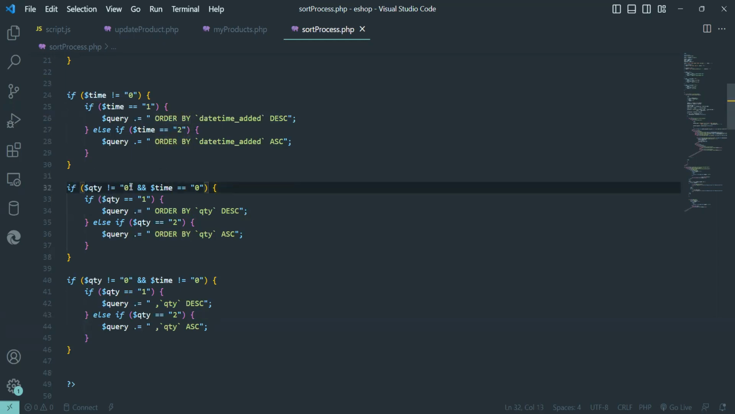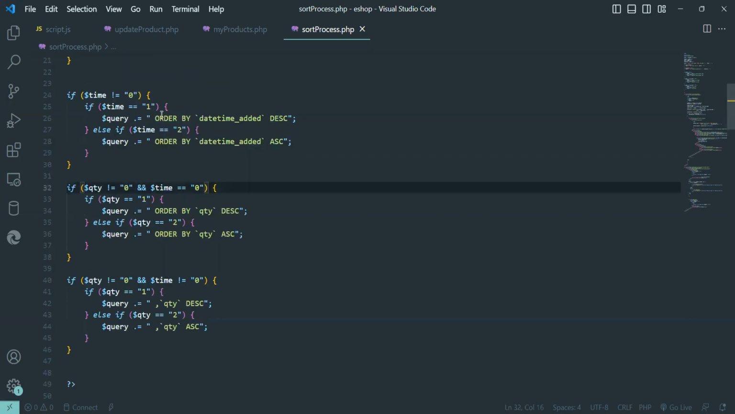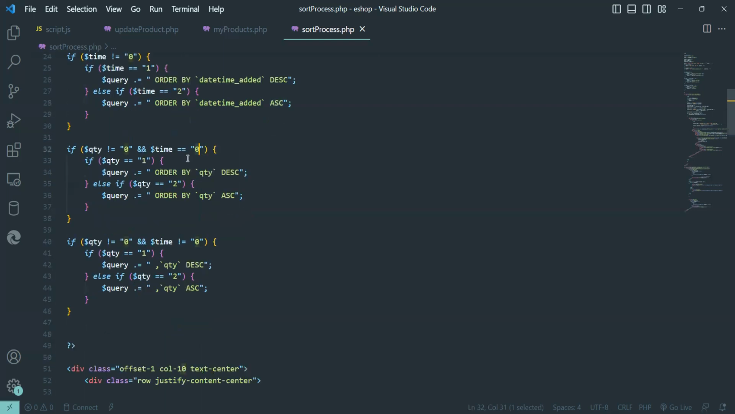Then we have to check if time is equal to 0. That means time is not selected. That time we have checked. If time is 1 or 2, we have that one or this one. Therefore, we have to check this query should run only when time is 0. Then we have that quantity